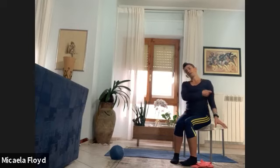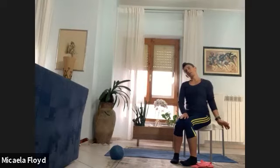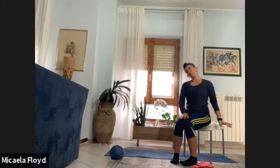This time, see if you can extend the wrist. So pulling the back of the hand towards the forearm, creating a little bit more traction. And then just turning the hand out or in. See if by turning the hand, you can get a better stretch or a different stretch into the neck. 5, 4, 3, 2, 1, and